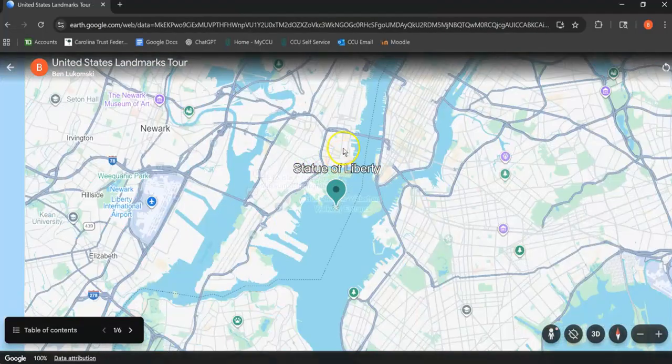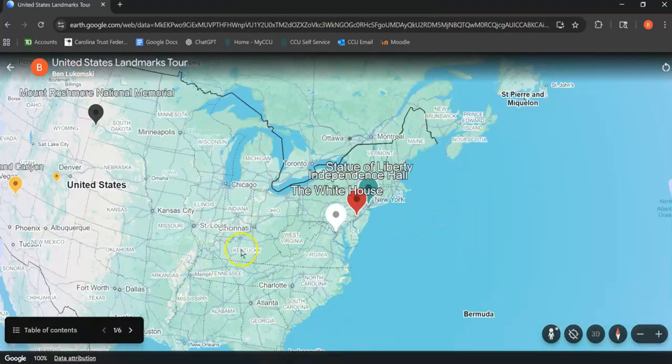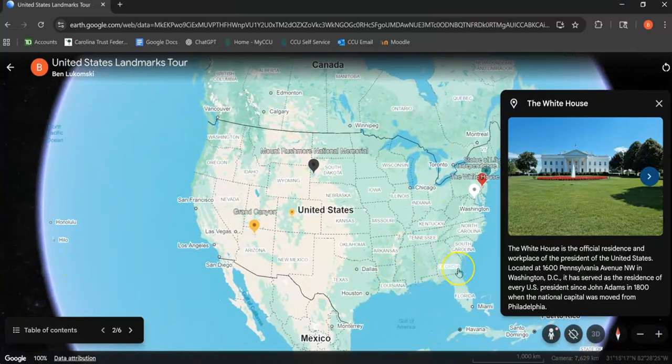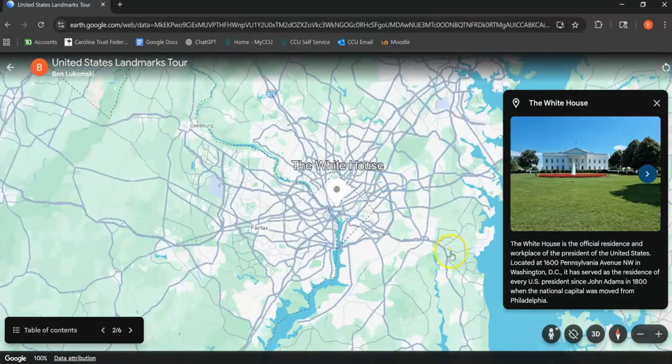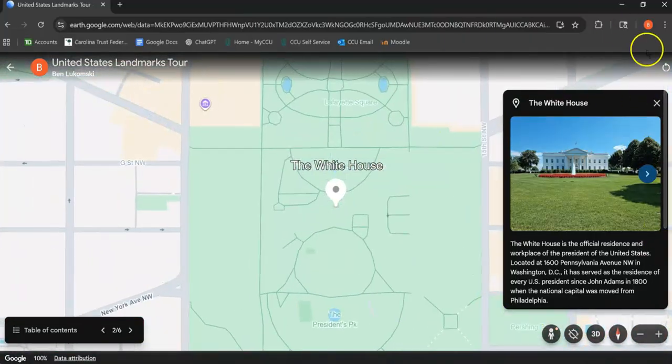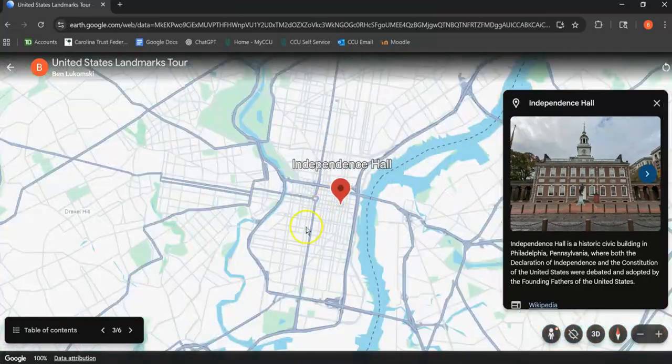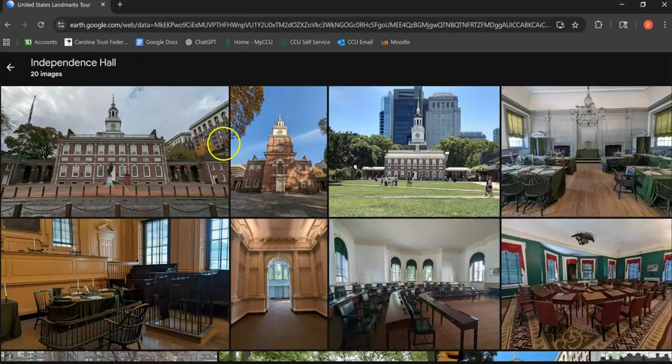So once you click on Slideshow, it will take you to the beginning of your slideshow. So I have it starting with this nice overhead view of the US, and then it will take us to the White House. And this is unfortunately not my own description. This is from Google. This is the one that Google Earth will load by default just because the custom ones do not show up. The next one will fly us over to Independence Hall,